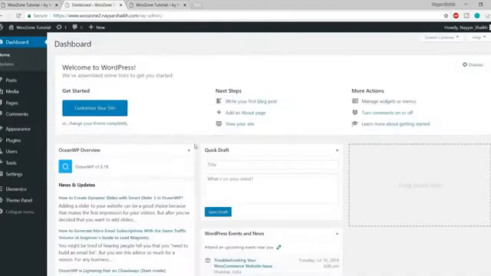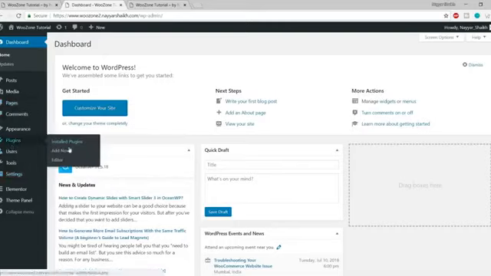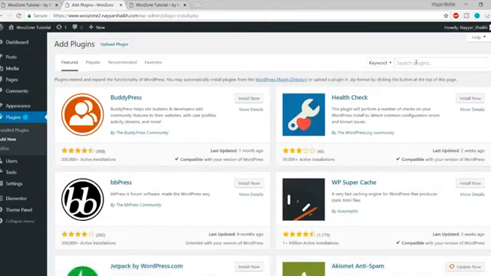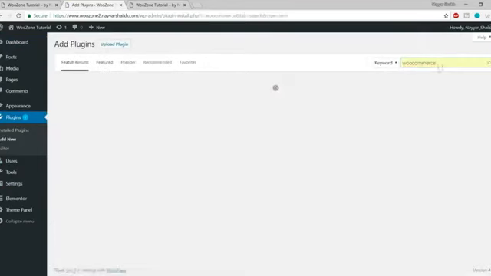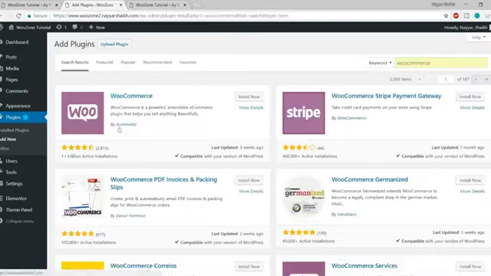Now we need few more plugins, free plugins to add some more features to our website. So what you can do, you can hover plugins from the left hand side and click on add new to add new plugins. Now the first plugin that we need is obviously WooCommerce. Okay, so what we'll do is we'll type in WooCommerce over here. Okay, just simply type WooCommerce. Okay, so this is WooCommerce by Automattic. You can see it has more than 1 million active installations. So more than 1 million websites are using WooCommerce at present. So let's click on install now. Let's activate this